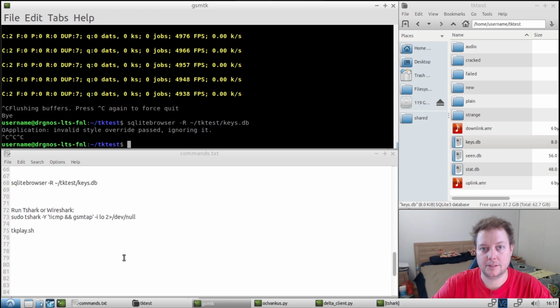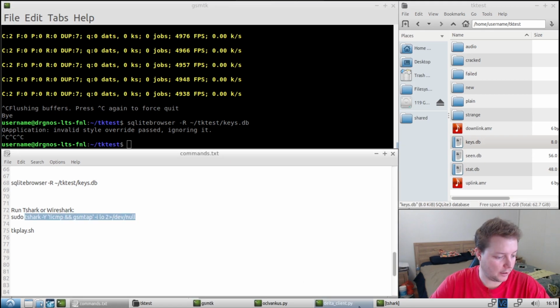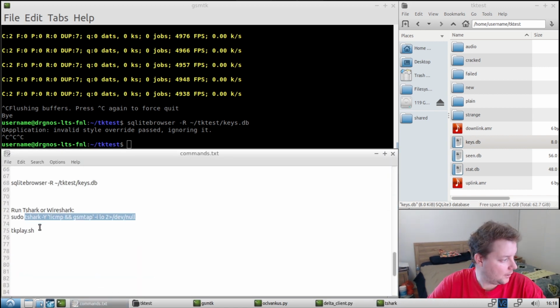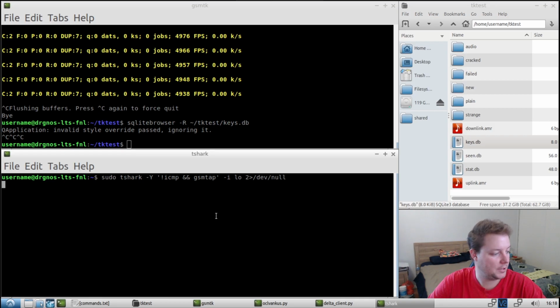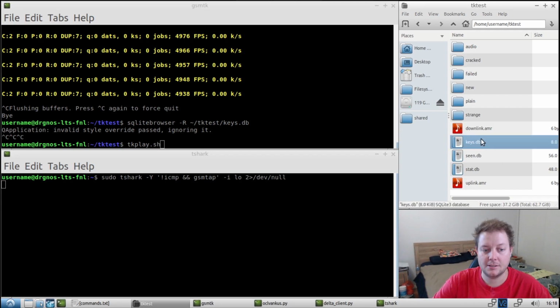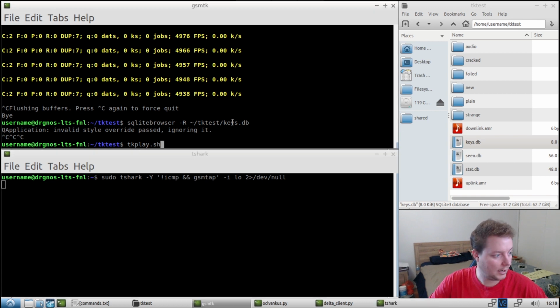what can we do with that data that we just cracked, essentially? Well, we can run tshark in a second terminal window. And then finally, we can use this bash script here, which is part of GSMTK. And then if I run that, that is going to, I dare say, look up the keys in this database and then match which frames were secured with the found key, and then it's going to replay that data in tshark for us. So I'll hit enter on this command,